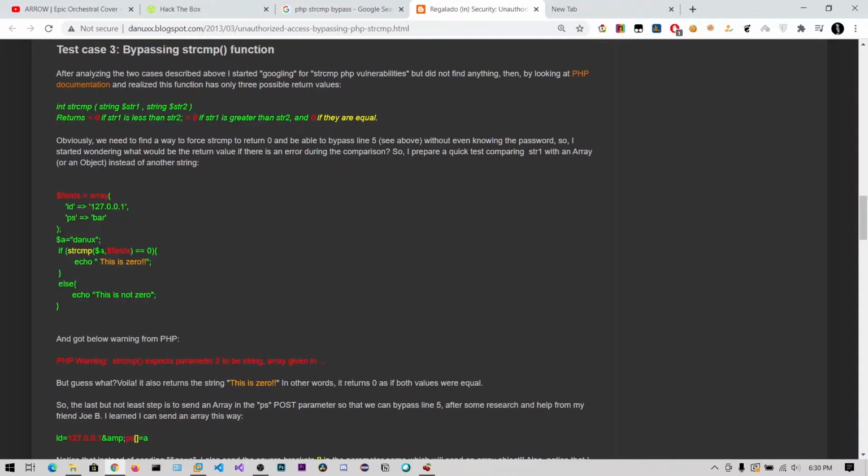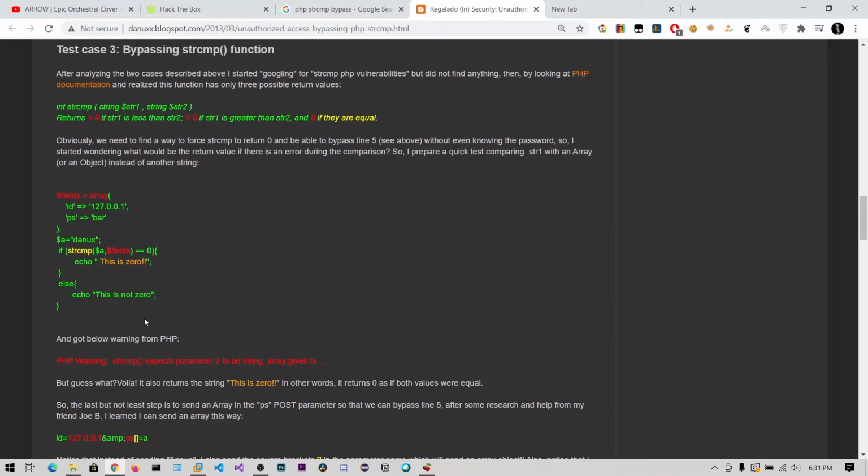Whenever we are comparing a string with an array, PHP returns 0 with an error. There is a PHP warning, strcmp expects parameter 2 to be string, but we have passed an array, and it also returns 0 along with this error. So that means this function becomes 0, and 0 is equal to 0, and this will be printed.